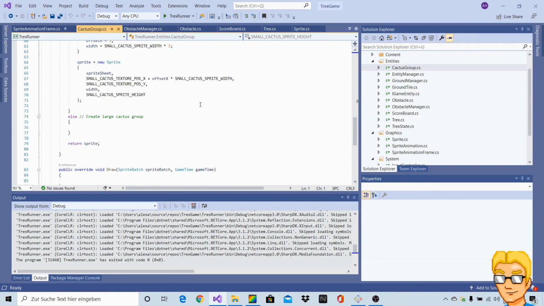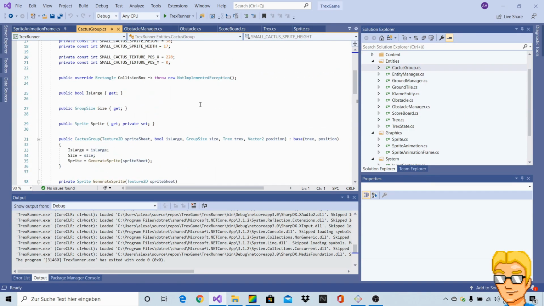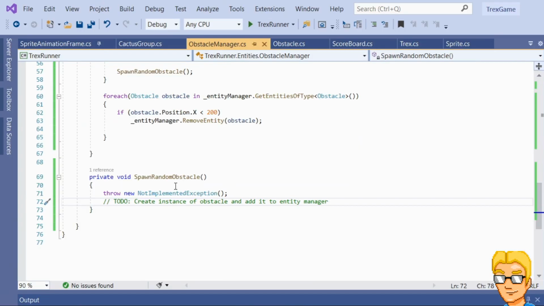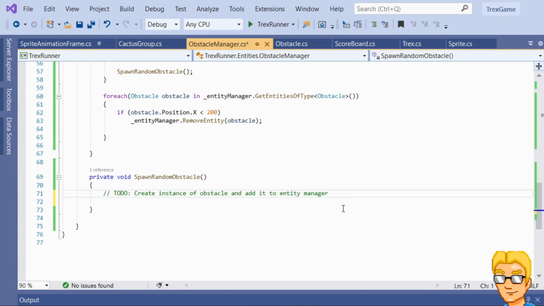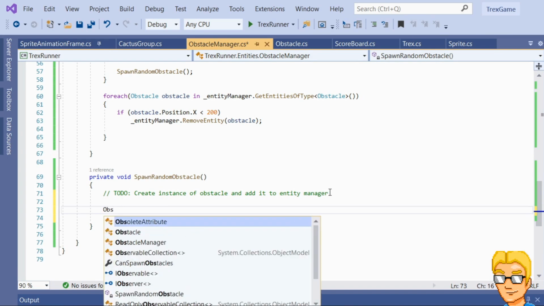And that's okay. Let's go into the obstacle manager. And for now, what we will do is here in the spawn random obstacle, we will just always spawn cacti and never the pterodactyls, since they obviously haven't been implemented yet. So let's just say obstacle